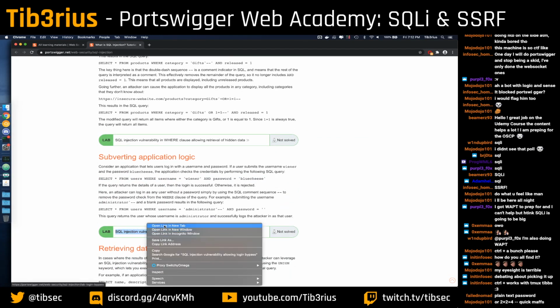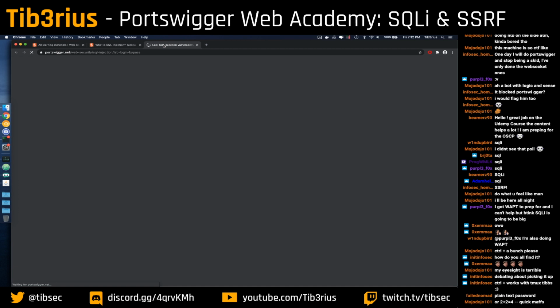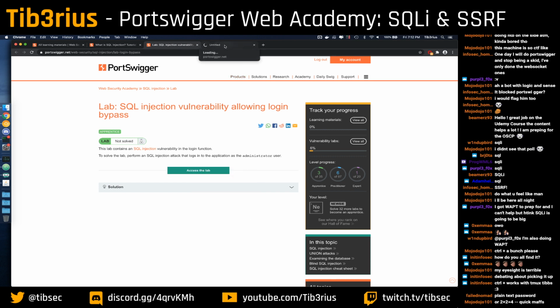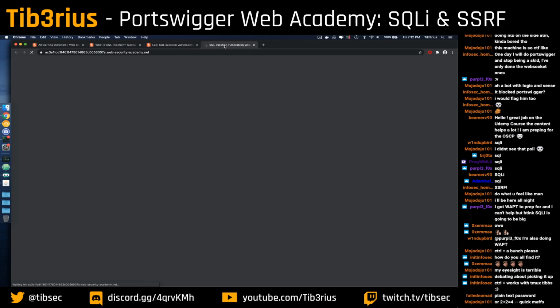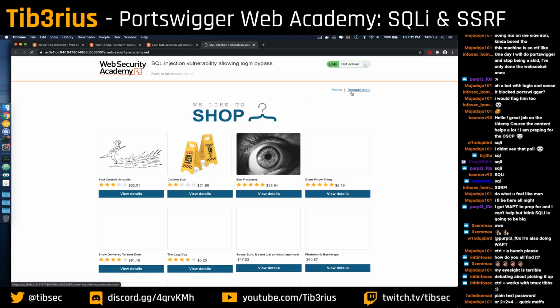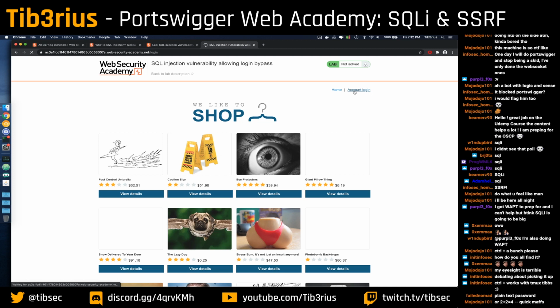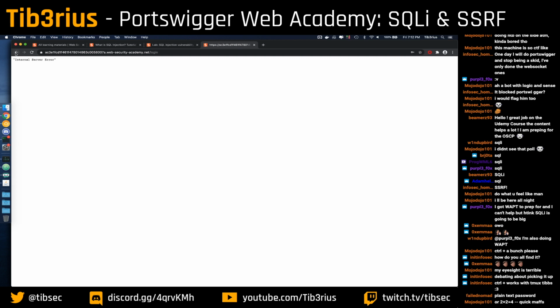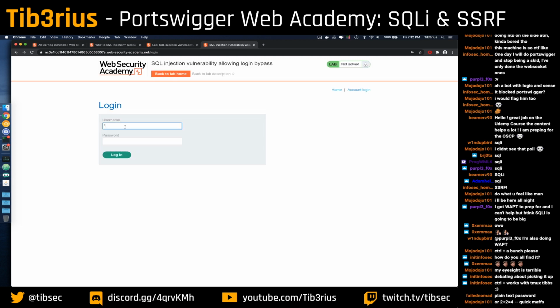Login bypasses. Again, this is very similar to what I showed in phpMyAdmin. So in this case, though, we want to log in as the administrator user. So we might have to inject into the password field, or possibly set the username. Okay, so let's just try that first. Okay, so we have injected administrator,